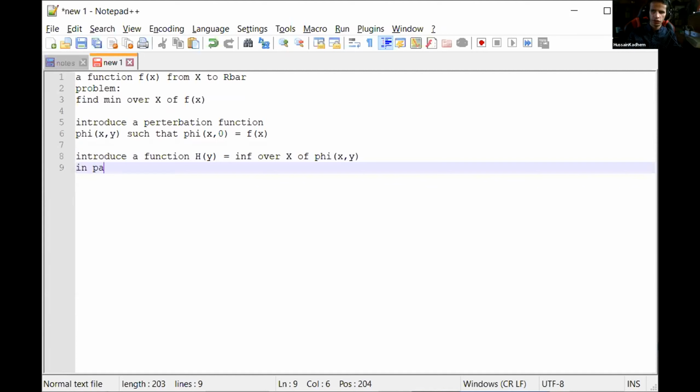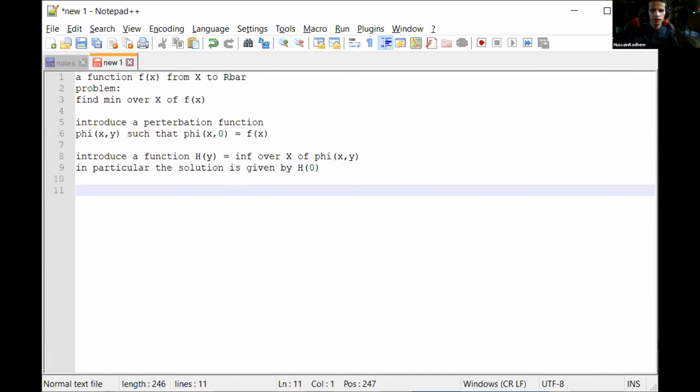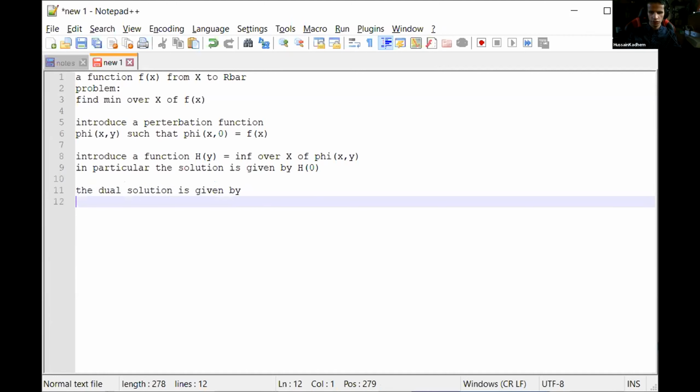In particular, the optimization solution is given by h of 0. And so there's this theorem that if our functions are nice enough, so if they're lower semi-continuous convex, we have that the dual solution is given by